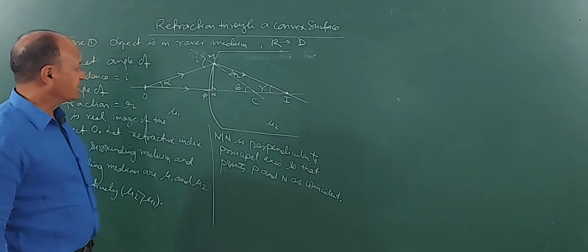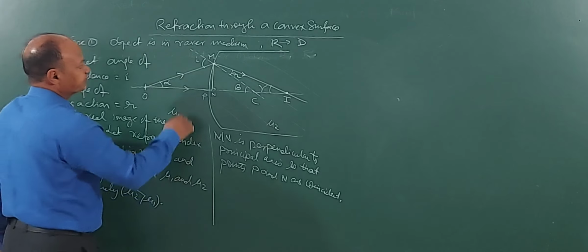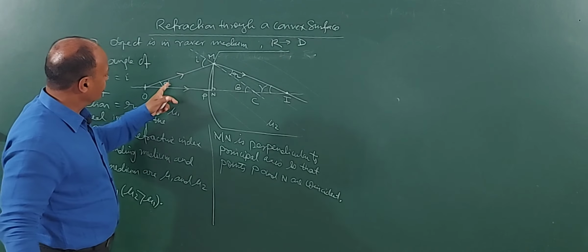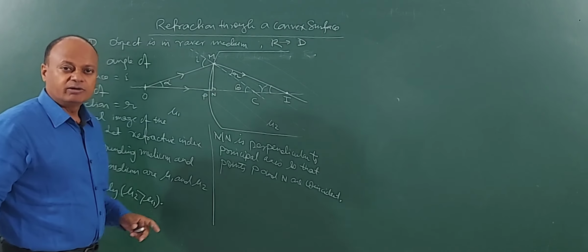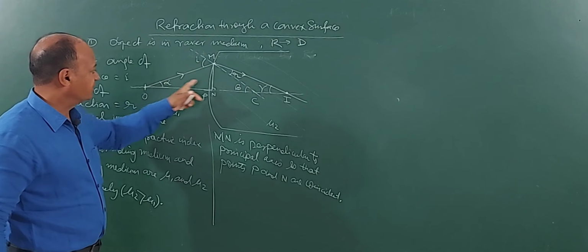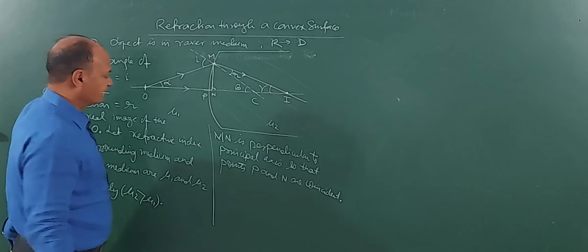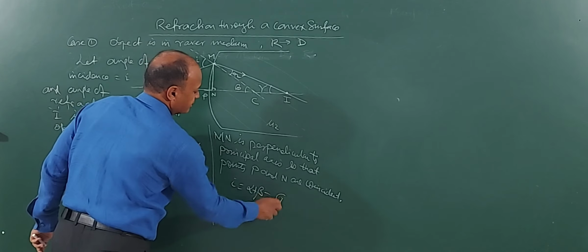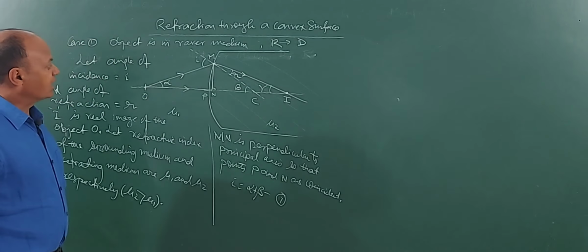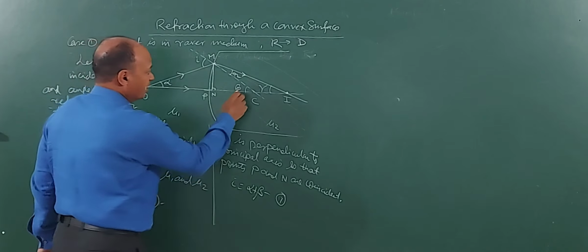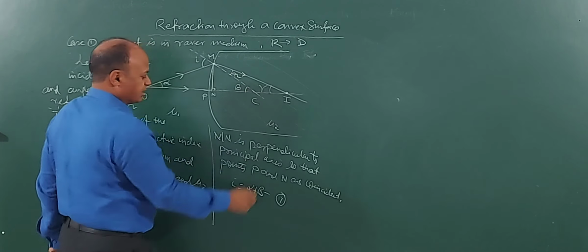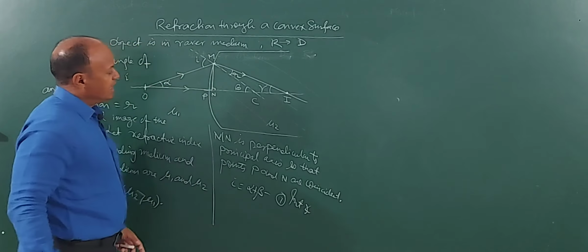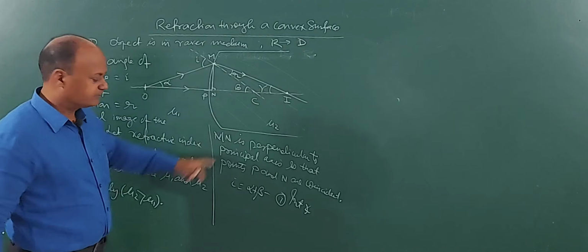Clear? Now children, when I look at these angles, you can see here that i will be equal to how much? Alpha plus beta. Why? External angle is equal to sum of the internal angles. So here I will be writing i is equal to alpha plus beta. This is equation 1. Again, when I look at angle beta, then angle beta will be equal to what? r plus gamma. This is because of internal angle. Again, beta is equal to r plus gamma.